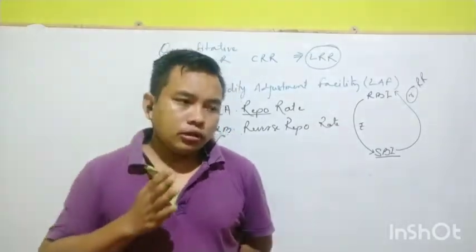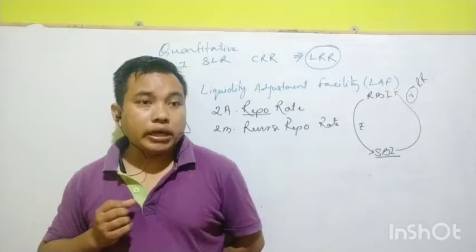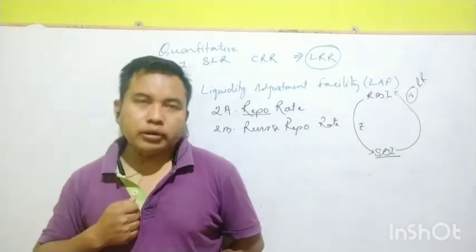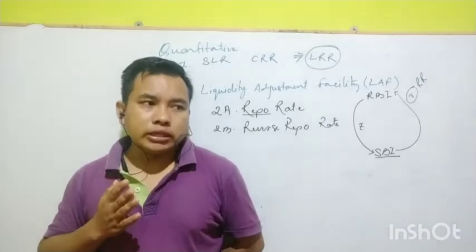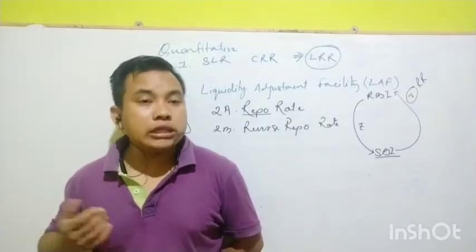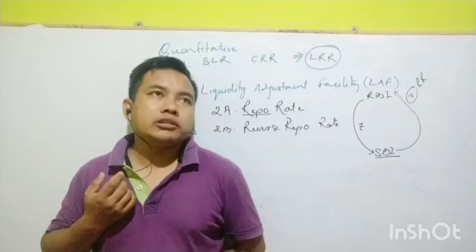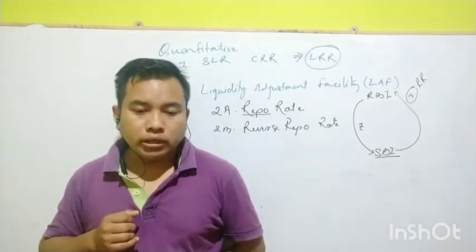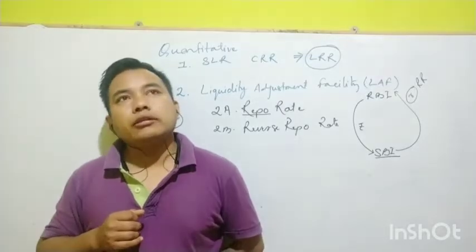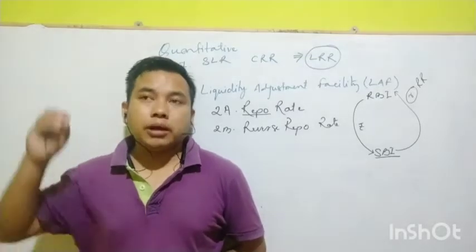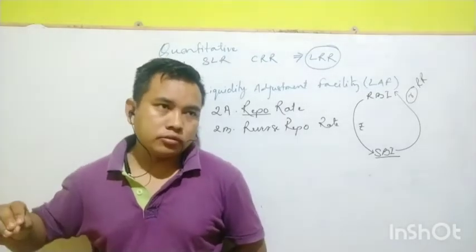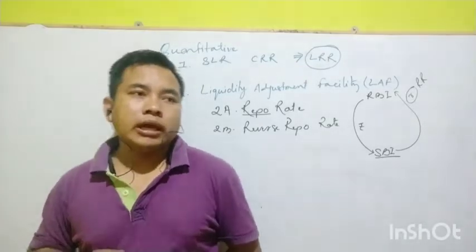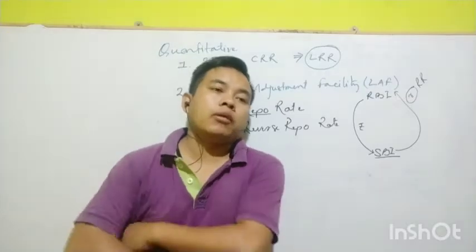So the question that I'm asking is, if you have excess money with you, what will you do? What Motrover is saying is that we can decrease the interest rate charged. But you know that is theoretical. In reality that is not possible. Like you charge 5% yesterday, you charge 4% today. No, it's not possible in reality. It will fluctuate, and actually you don't have the power to do that.